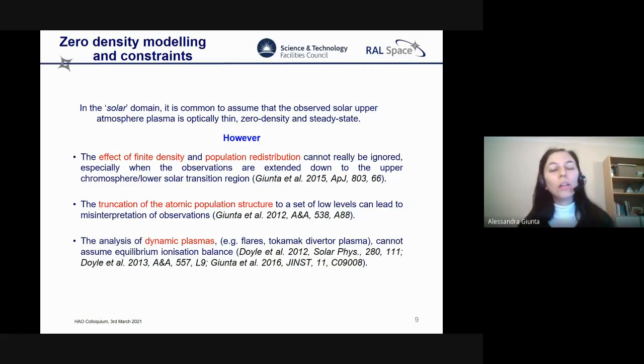And the second is the truncation of atomic population structure to a set of low levels, which is done quite often in the coronal model, and can lead to misinterpretation. I will show you an example later of this. And finally, the analysis of dynamic plasmas, so flare, obviously tokamak divertor, because that is also very dynamic, cannot assume equilibrium ionization balance when we want to reconstruct the intensity. So given all of that,